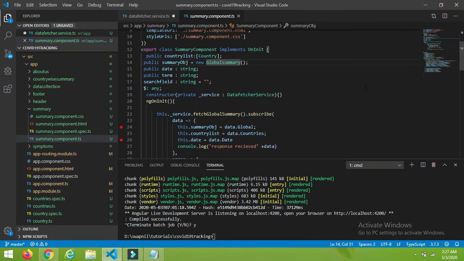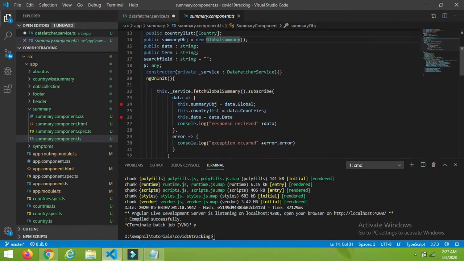So here, if you received the data properly, then what I am doing is fetching the global, which is one of the responses from data, and assigning it to the local summary object. That will be the global summary, the 6 blocks we want to display.